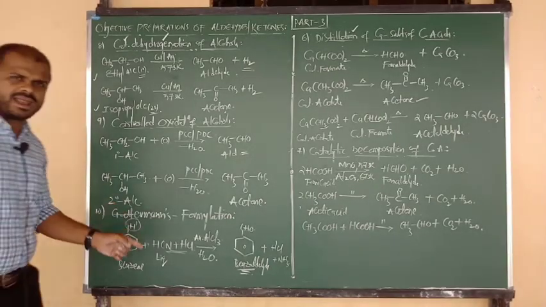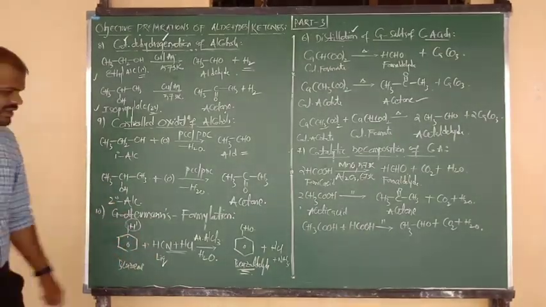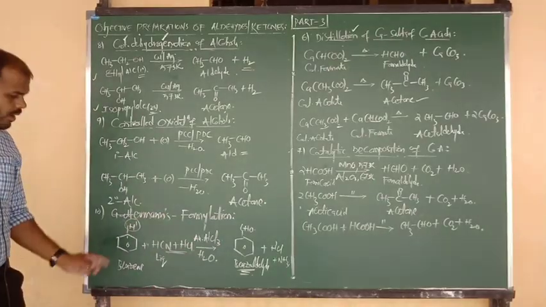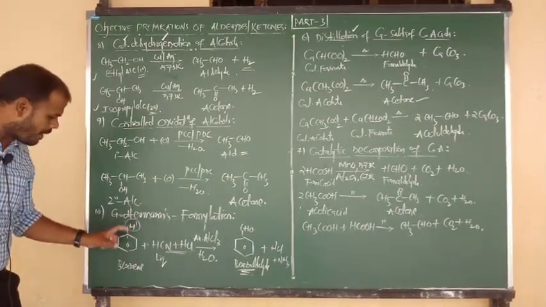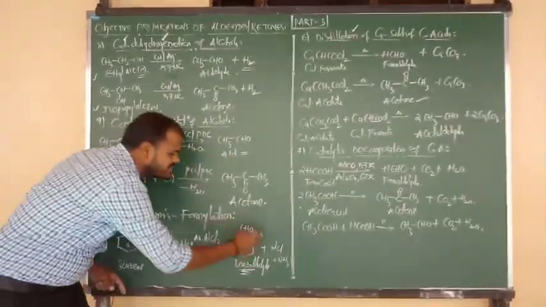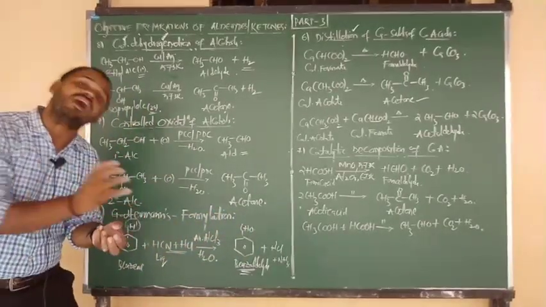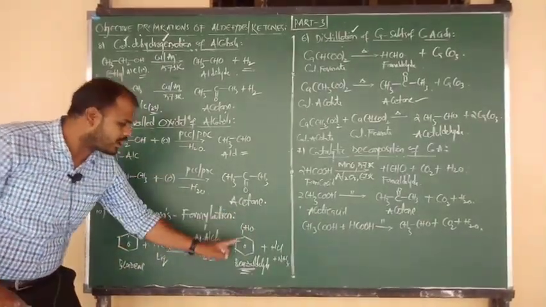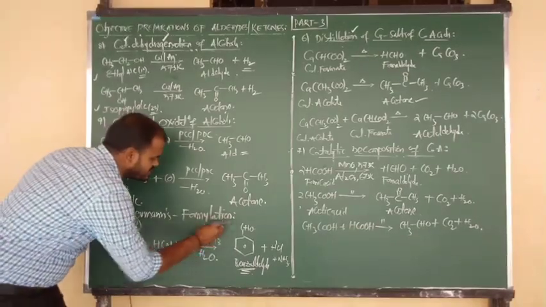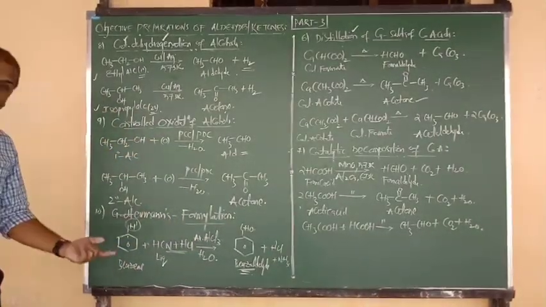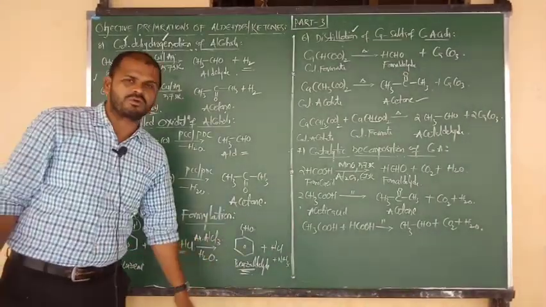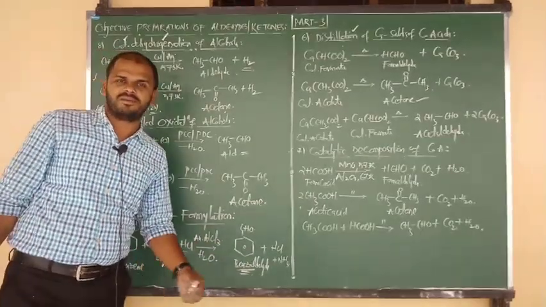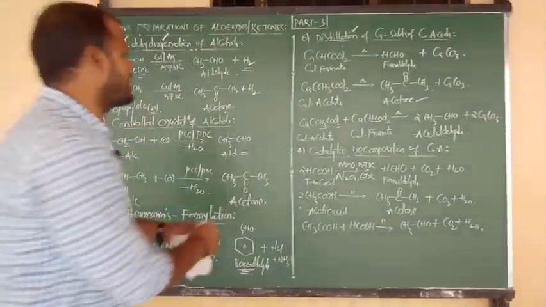May I suggest you check out the reaction. Reactant is benzene and product is benzaldehyde. What happened here from reactant to product? Upon the benzene ring, attacking of CHO takes place. CHO is nothing but the formyl group. So formyl is attacking upon benzene. This reaction is known as formylation. Upon what? Upon benzene. That's why the product is called what, beta? Benzaldehyde.